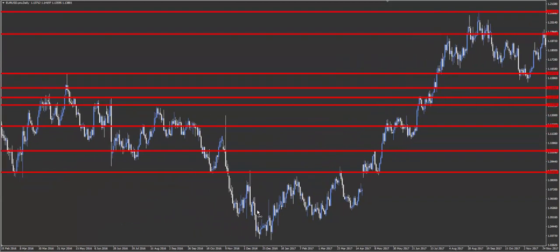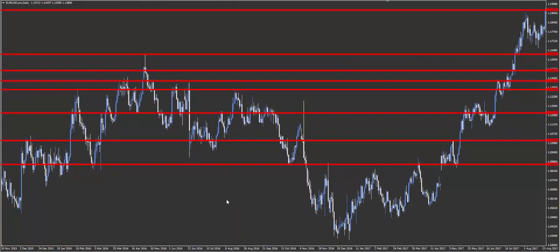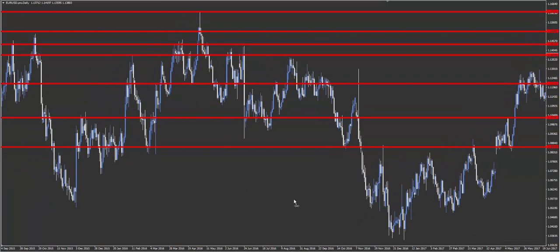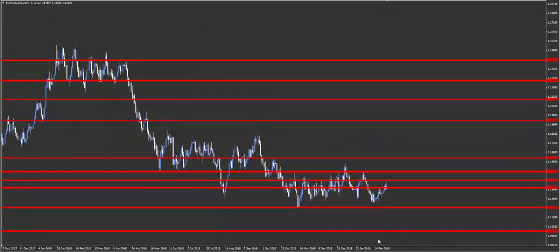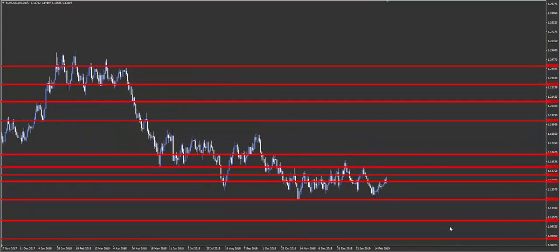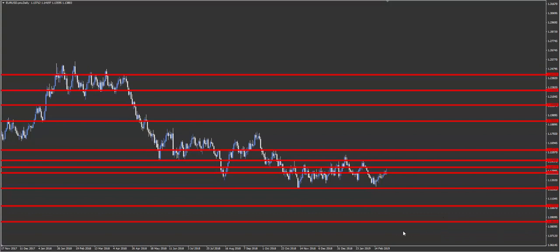That is the reason why I think support and resistance is a bit of a fool's errand, because support and resistance in the short term can work really well because of false breakouts, because of market manipulation. But I just drew completely random lines. I couldn't see where I was even drawing these lines. I certainly wasn't looking for big round numbers. I was just placing random lines on a chart.